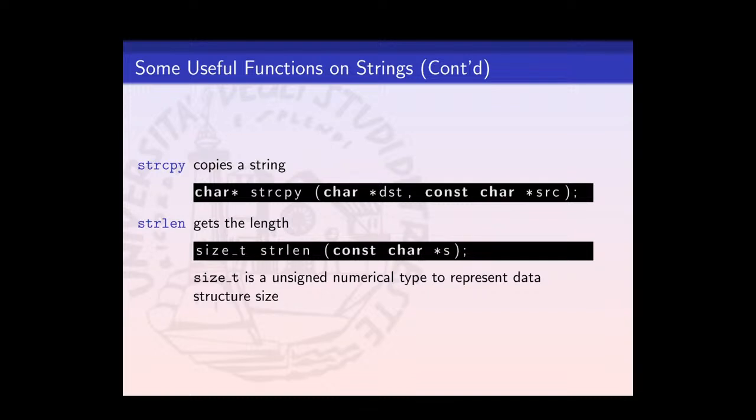And this is it. Again, here we have a source, which is the second parameter, and destination, which is the first one. Oh, by the way, probably I missed to tell you what's const. Well, const is a reserved word which is meant to say, look, I'm not going to change this parameter inside the function. So the function is not going to change the content of the parameter. Okay? So as you can see here, we are saying that we are not going to change the source string,